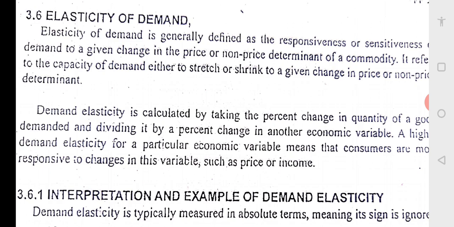So when the income changes, definitely the quantity demanded also changes. The other way around is also okay. See, after 1 or 2 years, when the situation becomes normal and the economy picks up, then there will again be a change in income, and because of this change in income, there will again be a change in the quantity demanded. So this is about income elasticity.